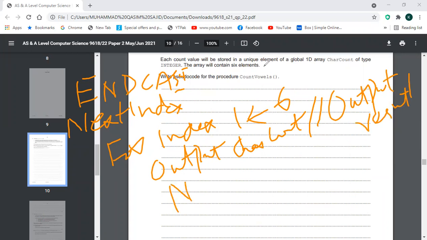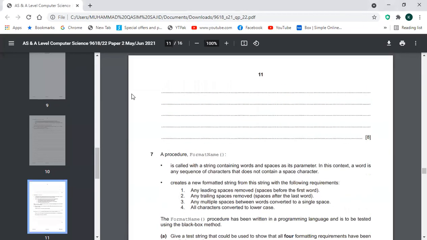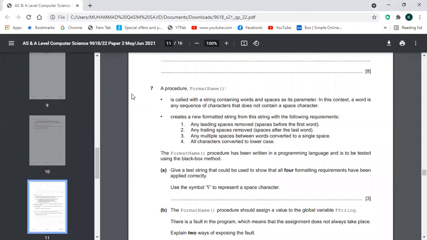So there must be next index, and then there must be end procedure. End procedure. So this is the complete pseudocode of this procedure. So hope you understand. Now the next question is question 7, that a procedure that has format name is